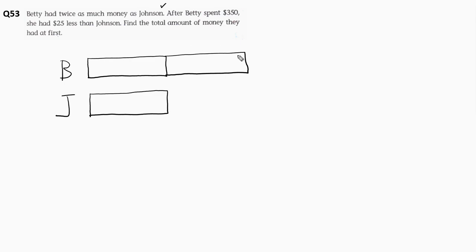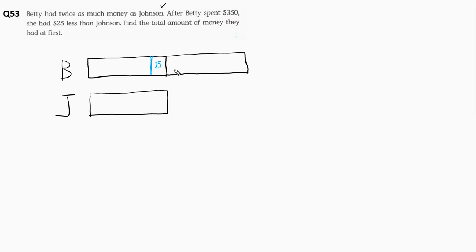Okay, so how can we do this? Well, this is how much Johnson has. Betty ends up with 25 less. So I'm going to take a chunk out of this here because this is what Johnson has. If she ended up with the same as Johnson, her bar would be this big. But no, she's got less, and she's got less by